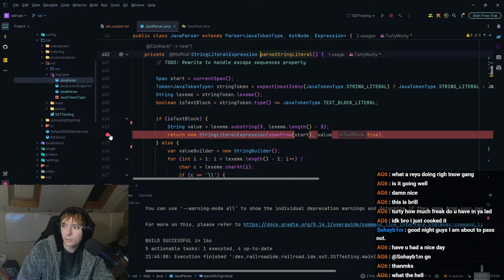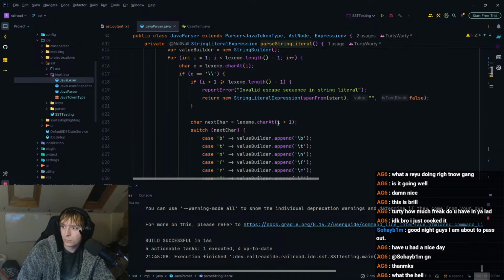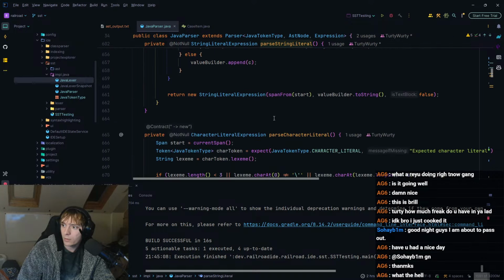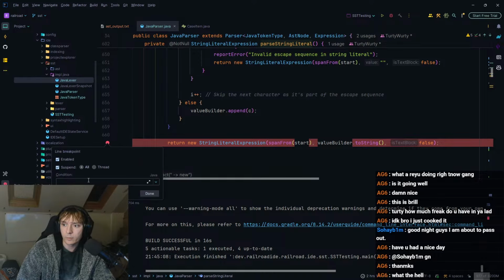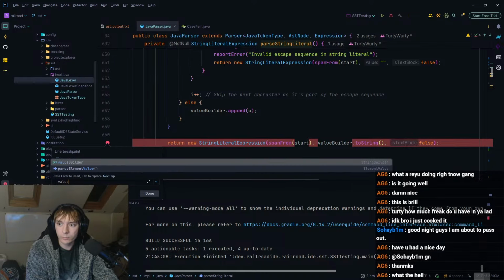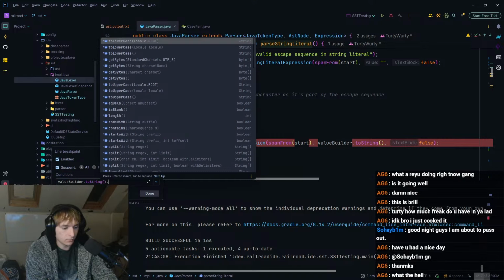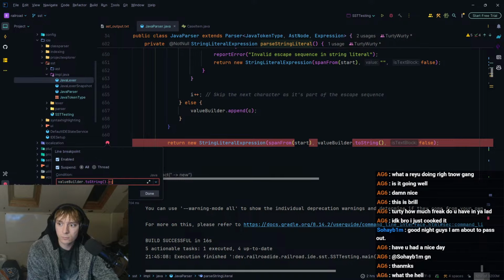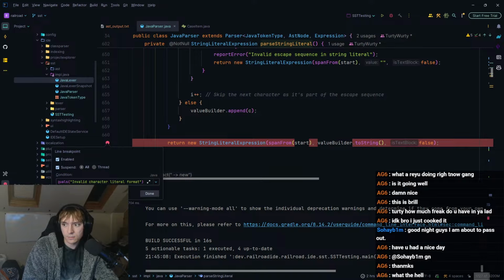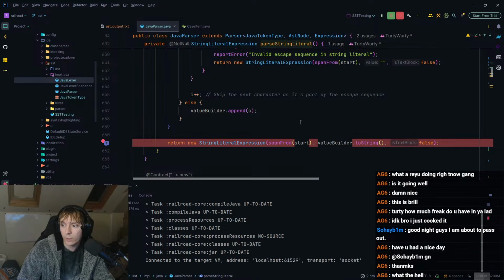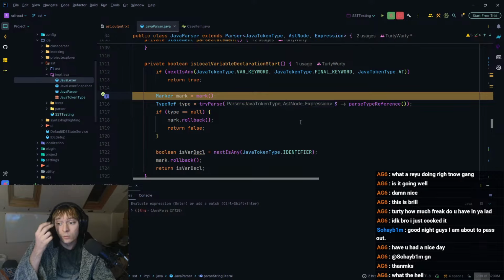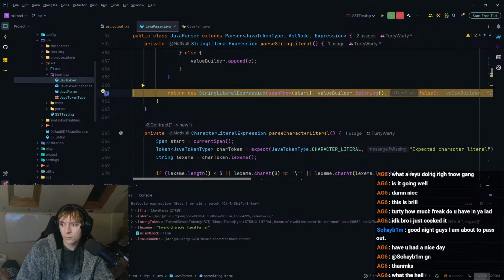So if we, not that one. So here, and we breakpoint saying value builder dot toString dot equals that. And basically what that should do is it should only hit that breakpoint when we are at the line before what we think might be erroring. So if we step over,